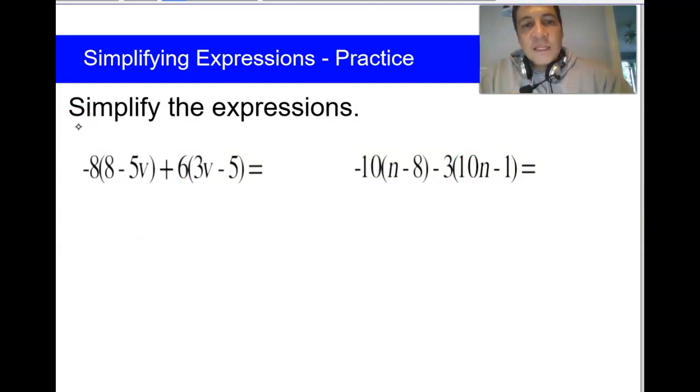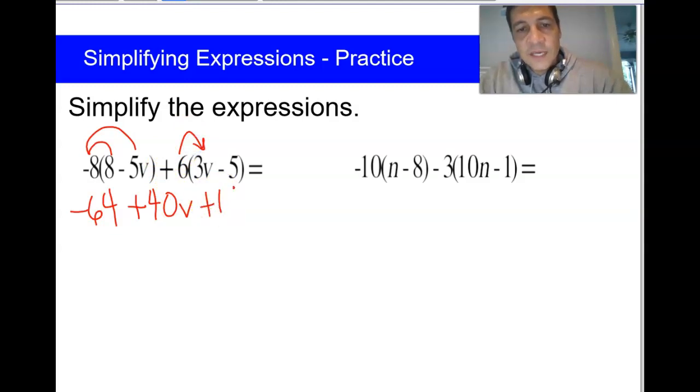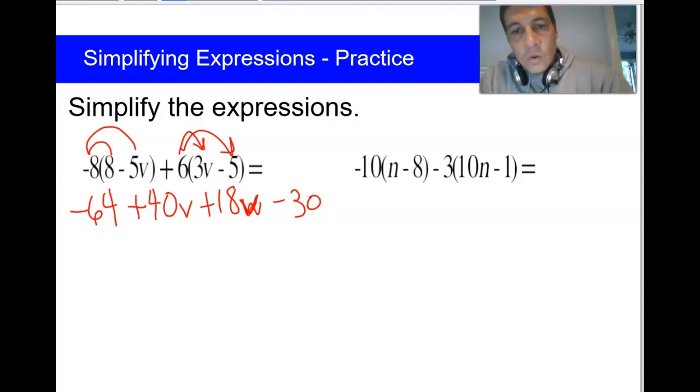This is a negative 8 times 8, that's negative 64. And then negative 8 times negative 5v, that's a positive 40v. This is a positive 6 because the 6 has a plus sign in front of it, times 3v, that's a positive 18v. And then a positive 6 times a negative 5 because that's got a minus sign in front of it, that's negative 30. When I combine my like terms,